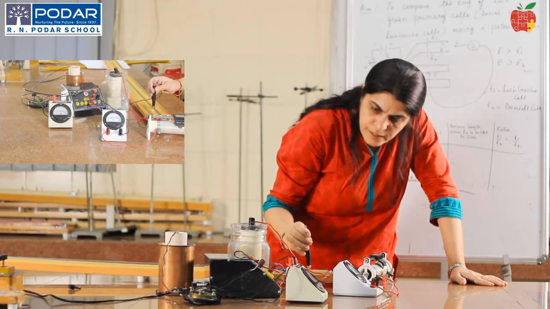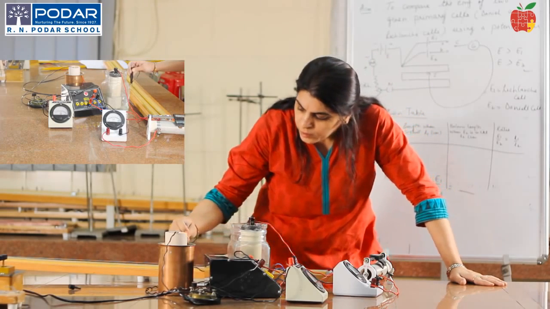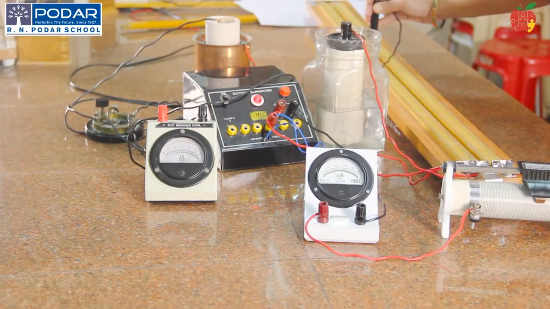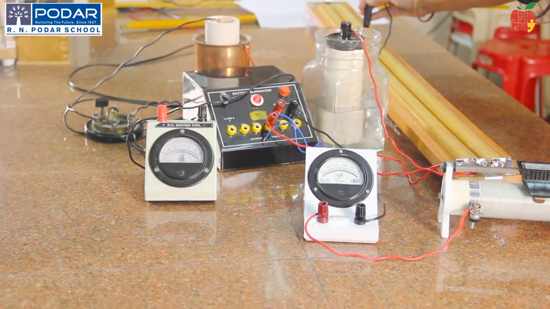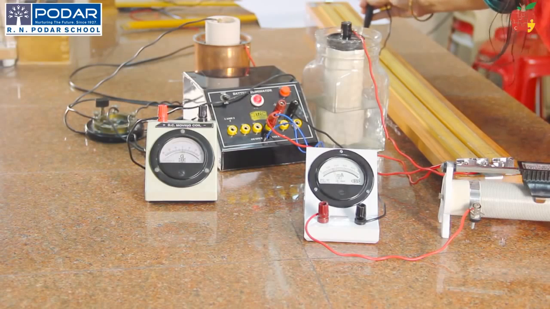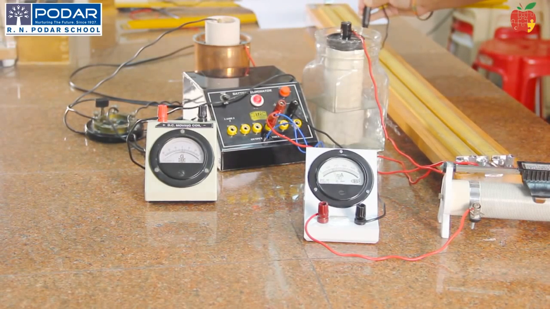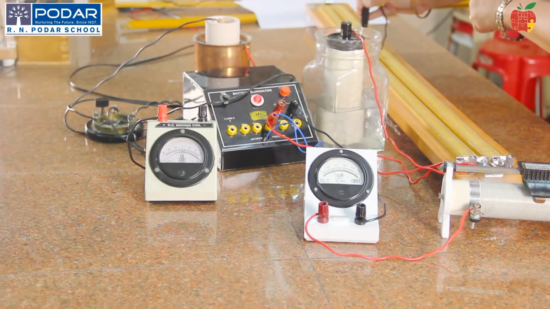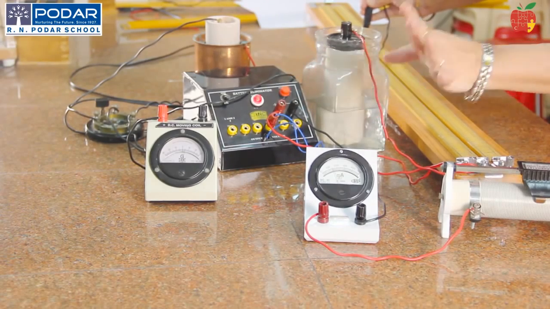Now start moving on the second wire. We see the deflection is at the opposite end compared to the first deflection. Now start moving this on the second wire and note down where you observe the null deflection. Here, I hope we got it. If I press the jockey hard on this wire, at this position on the second wire, the deflection in the galvanometer is null.